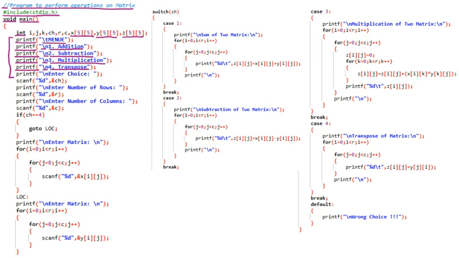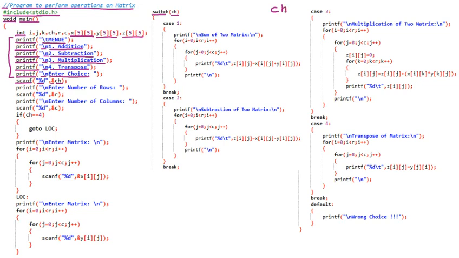So these are the four operations that we are going to perform: 1 for addition, 2 for subtraction, 3 for multiplication and 4 for transpose. And then we are printing on the screen in a new line, enter your choice. So we are asking the user what is their choice, and based upon the choice of the user we have different operations. You can see that there is a switch case applied, and this ch is nothing but the option. So scanf %d means the integer value, at the address of ch we are going to store the choice. Let us suppose that this is the ch and the user has to enter the choice.